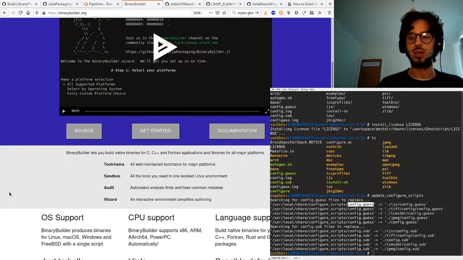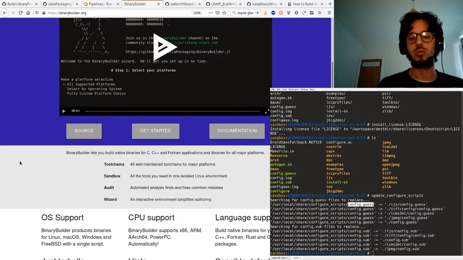Again, the possibility of building for a lot of different platforms using just a single machine is very great. And this can just be a good way also to test your build system. So if you are a C++ developer and you want to make sure that your build system is going to work, I think that Binary Builder is a great way to test it,